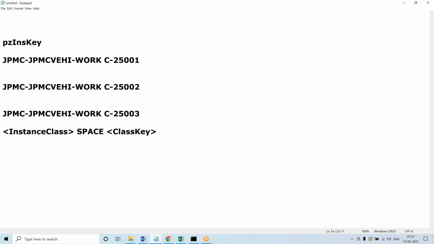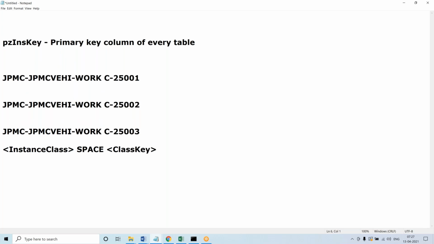When the object is created, it generates one page.ins key. The page.ins key is the primary key column of every table in Pega. Every table in Pega will have one column called page.ins key, which is the primary key.